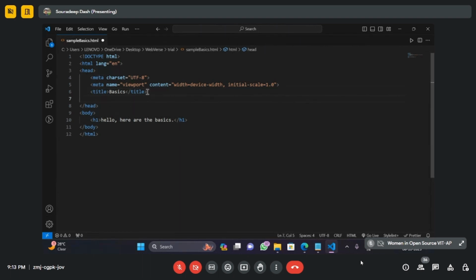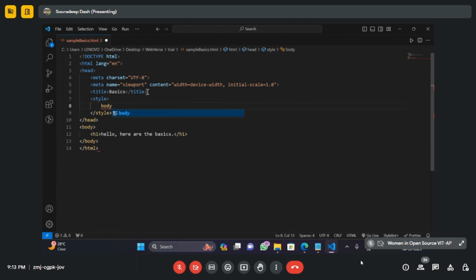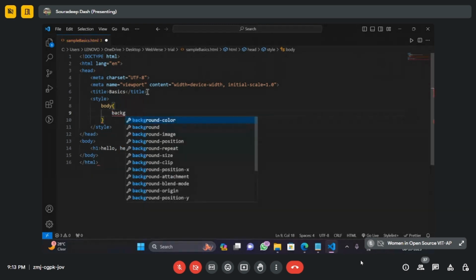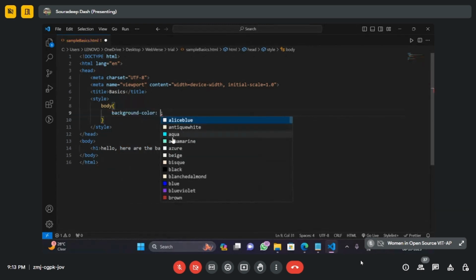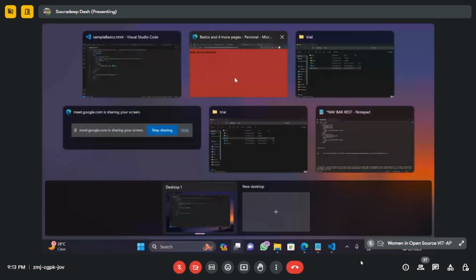In the head part, we will create another section called style, which will define that we are going to style things. And then let's say I want to style the body. So let me write body, have curly braces, and let me decide what I have to do. Let's say background color. Let's go with blue this time. Save, and when we reload it,